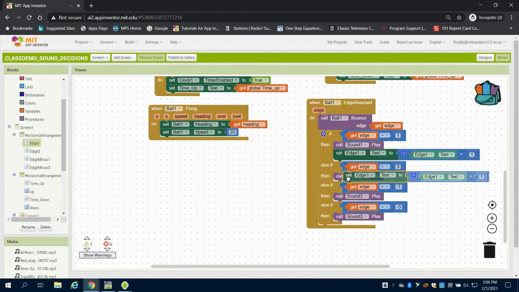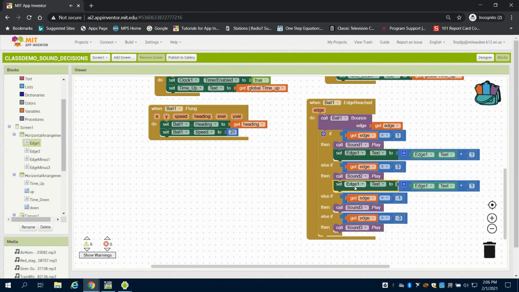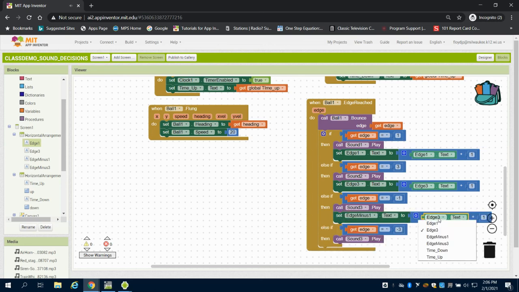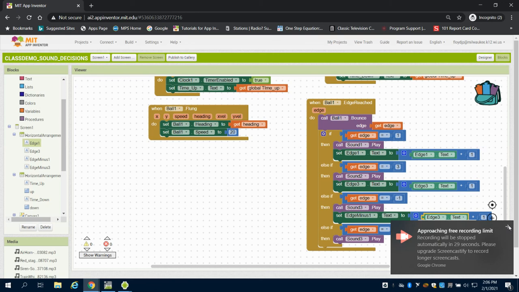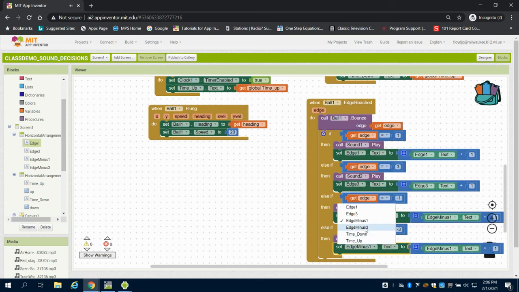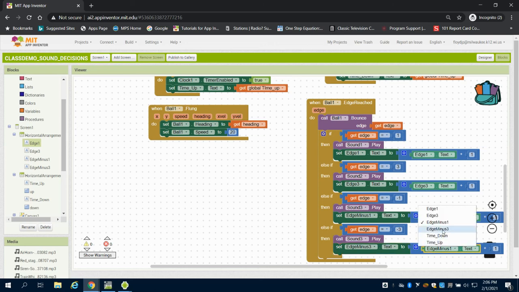So I'm just going to duplicate this block, and I'm going to say if my edge 3 label, add 1. My edge -1. And I can duplicate this again and have this as my edge -3. So if I bring up my emulator now,